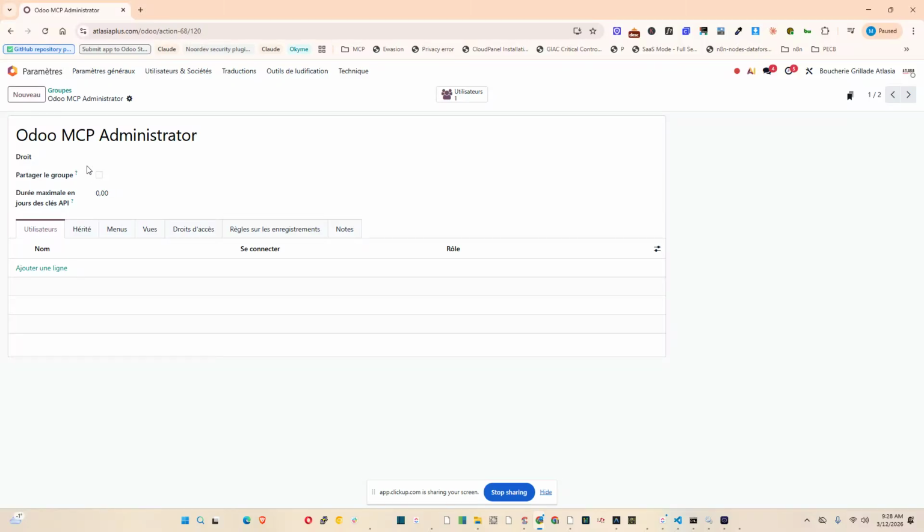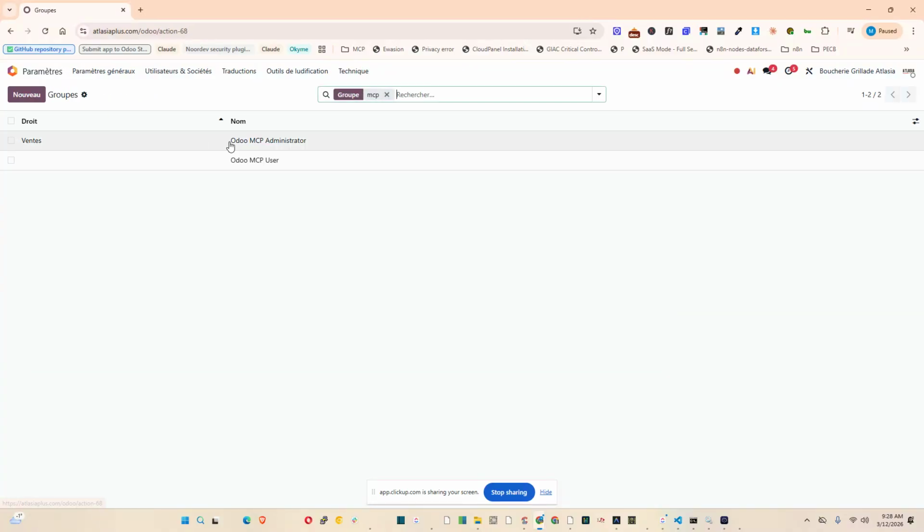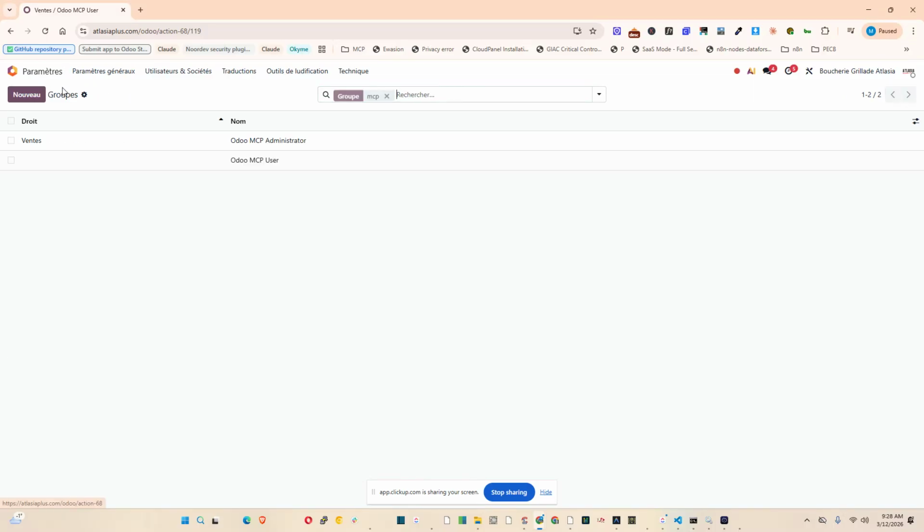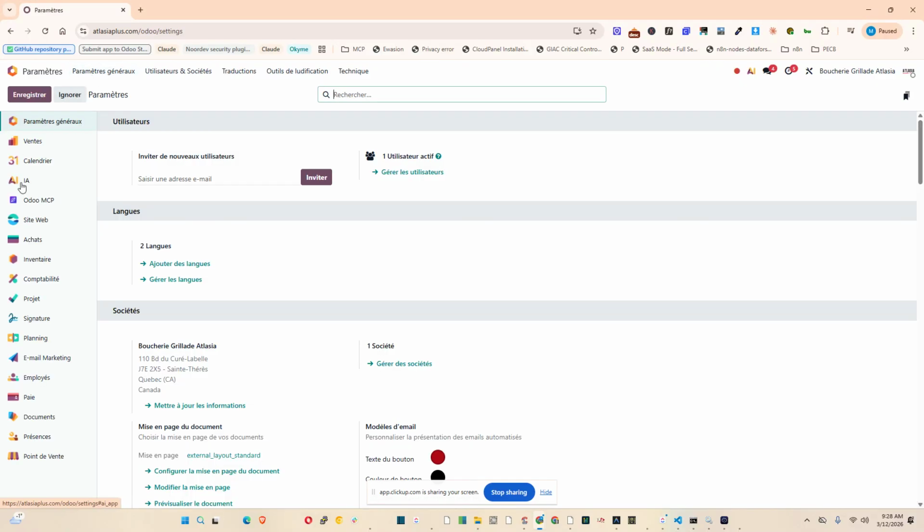So you have to give it to the sales here. Vente, it is in French, but it should be sales. Okay, then you have to click save. We go back again. We do it for the users also. Sales, we give it save. Perfect, everything is good. So the third option now, we will go back to the setting here and we click